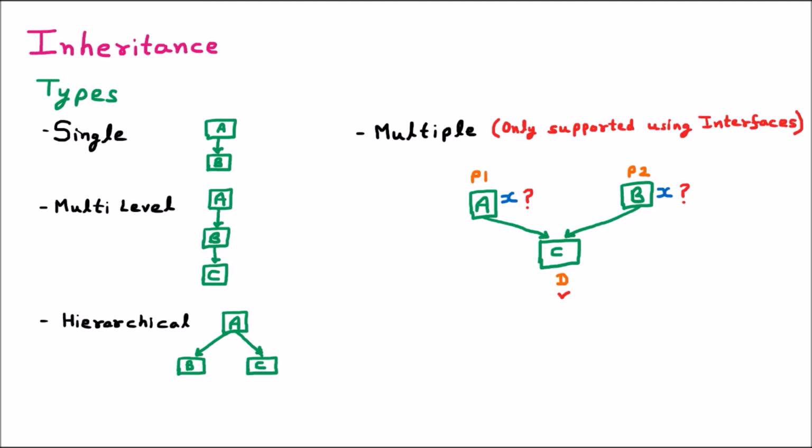So here we have learned that there are different types of inheritance. The first one we are having is the single inheritance, where we are having one parent and one child. Then we are having multilevel, when we are having, let's say, grandfather, then the father, and then the child. And afterward we are having hierarchical. In the hierarchical, one parent is there, two children are present. Then afterward we are having multiple. In the multiple, we are having two parents and one child. And practically it is not possible. That's why this multiple inheritance is used with the help of interfaces only. So these are the types of inheritance. So that is all about the inheritance.